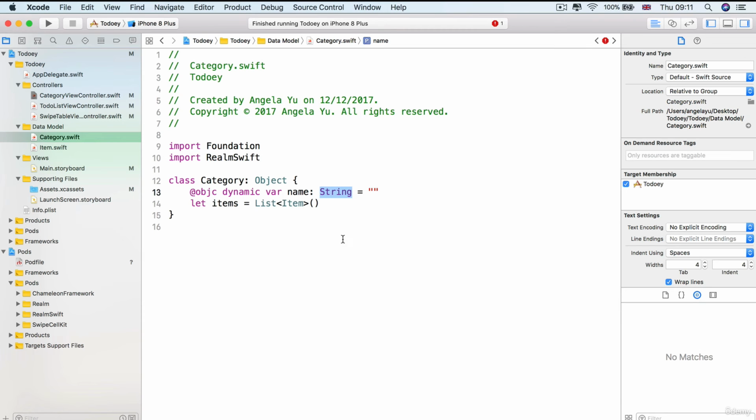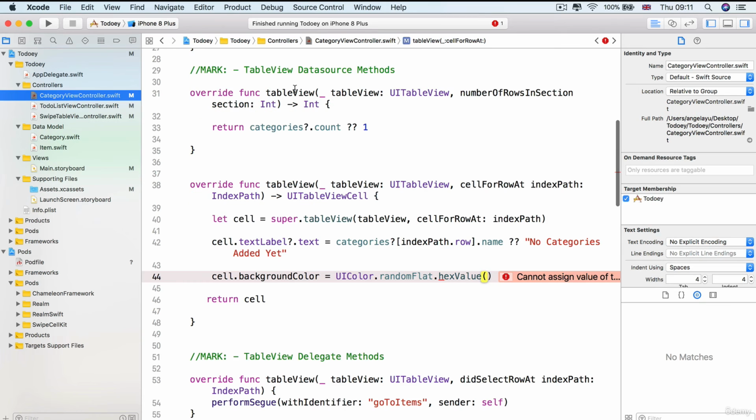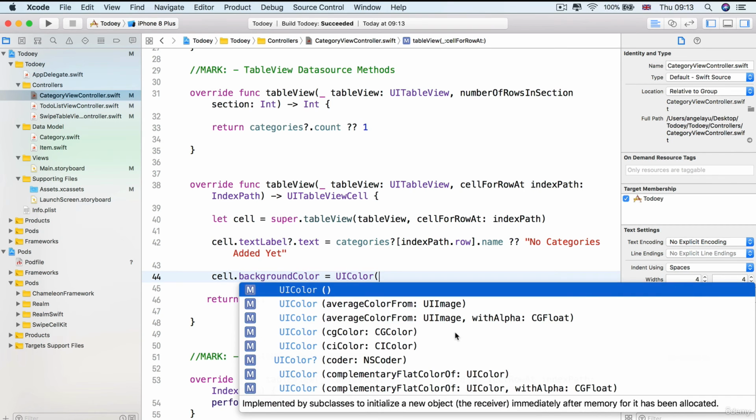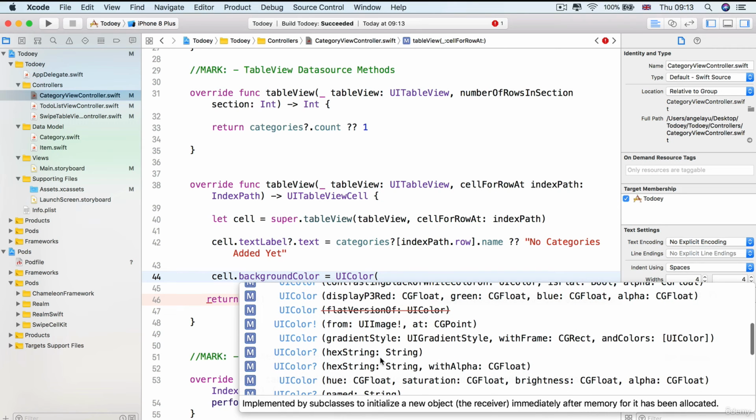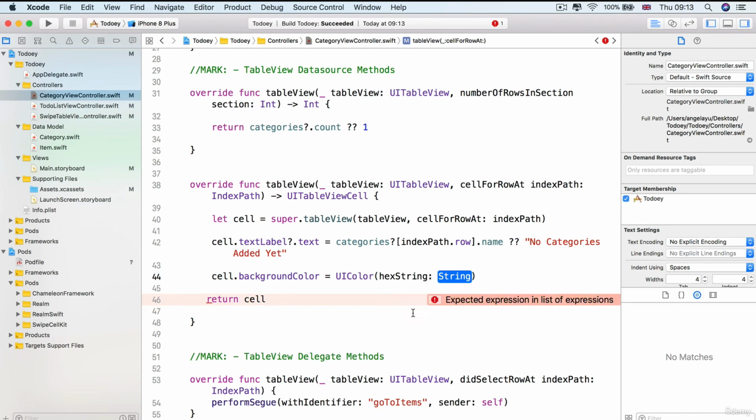It can't be something like a UI color. So with that in mind, the fact that you can grab the string value of the random color and the fact that you can turn it back into a UI color by simply initializing it with a hex string like so,